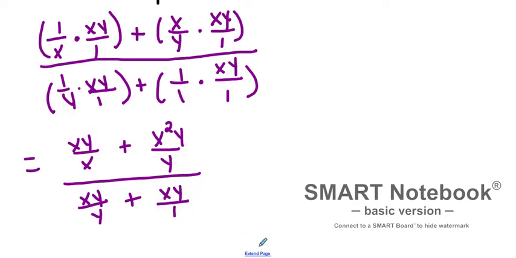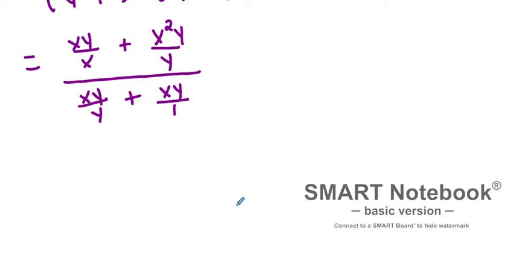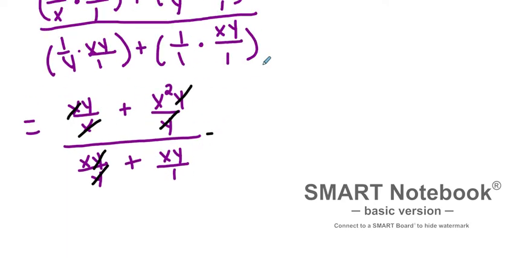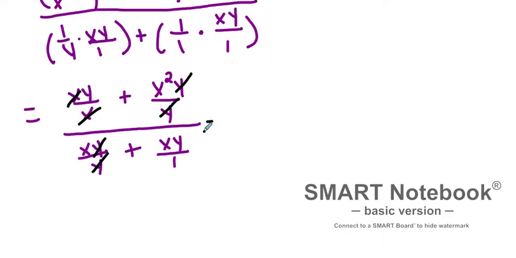Okay, very good. Now things are going to cross out. I hope you noticed that. So let me show you. The x and x here cancel. Here the y and y cancel. Here the y and y cancel. And here this is just xy. So if I were to rewrite this, I'm going to end up with y plus x squared, right? All over,